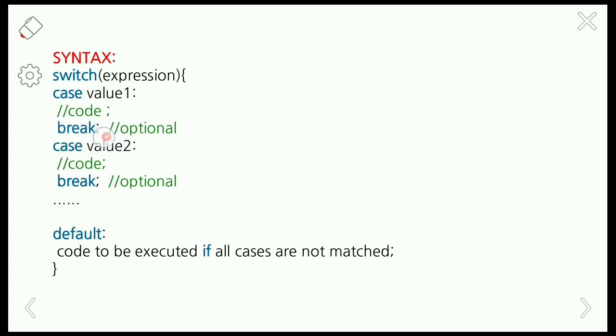If you are using the break, then after executing the particular case, the control will automatically come out of the switch statement. That is, it will terminate the loop, right? And similarly, we cannot use the continue statement in the switch statement. We know that the break statement will terminate the loop and the control will come out of the loop. Similarly, if you use continue, then the control will go to the starting of the loop. But in a switch the control won't go to the starting of a loop. So we cannot use continue in the switch case.